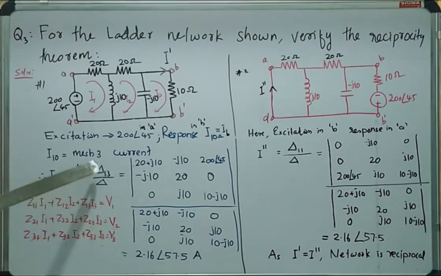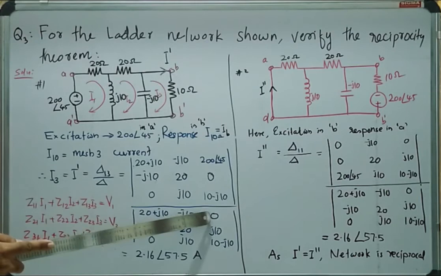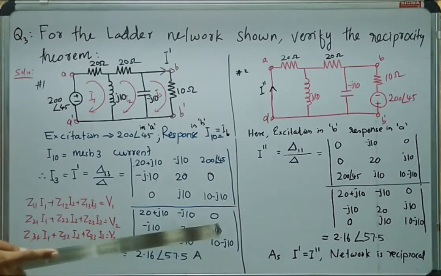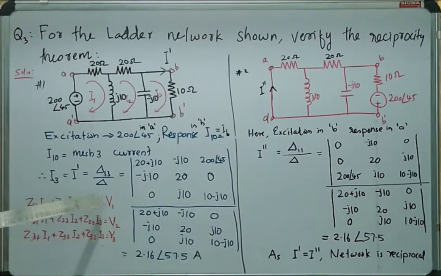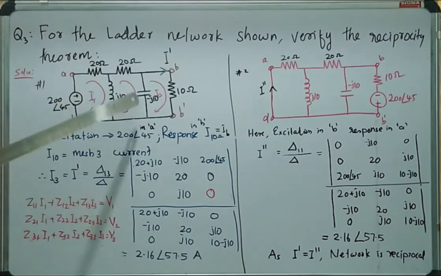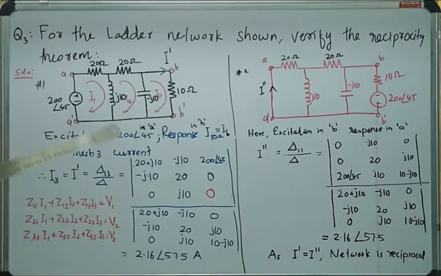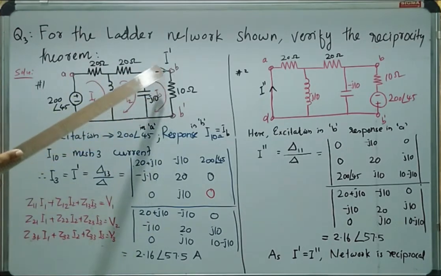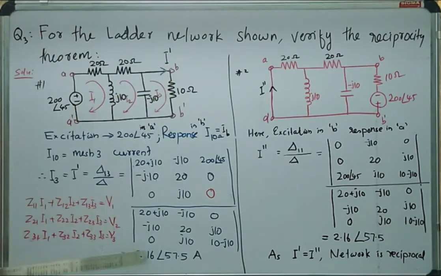In order to obtain del 13, we replace the column entries of this matrix with the voltage sources in each loop. Here only V1 has a value, that is 200 angle 45. The remaining loop voltages are zeros. So after obtaining this determinant and this determinant, we can obtain the current flowing through branch B as 2.16 angle